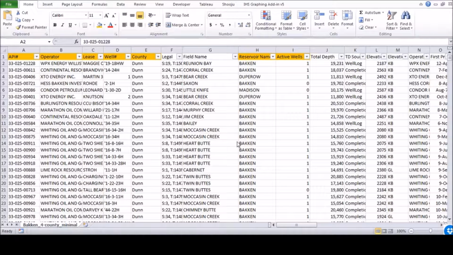This particular dataset was obtained through a partnership between the University of Houston and drillinginfo.com. Production data was obtained for 4 different counties and has been integrated into one Excel workbook as shown on the screen. Once the dataset has been imported into the Tableau software, the user will be able to filter the dataset